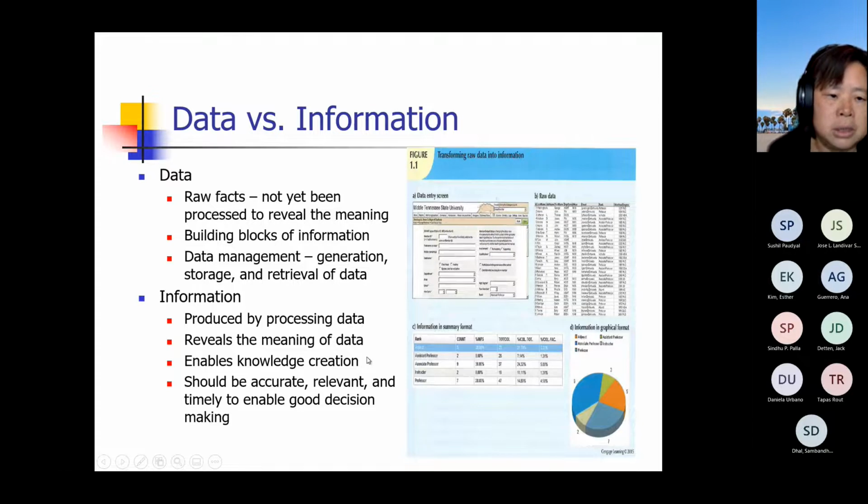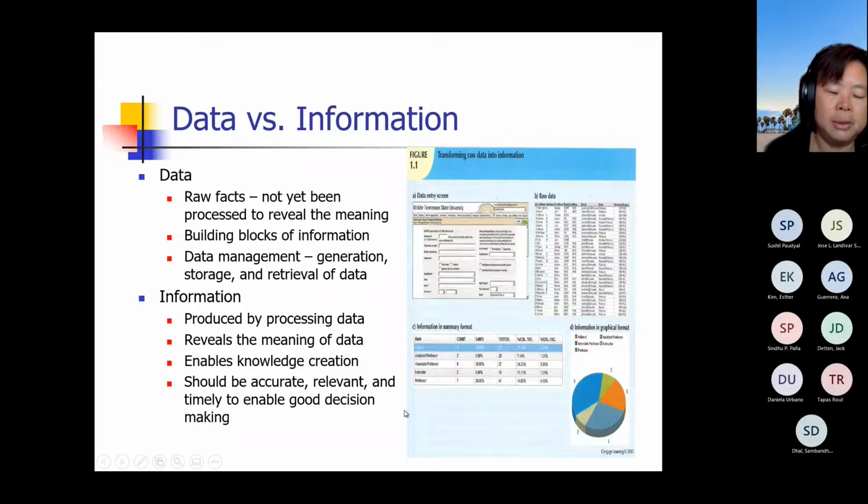In this way we can make good decisions for whatever we need. So for that purpose, a very important key is that we need to have accurate, relevant,